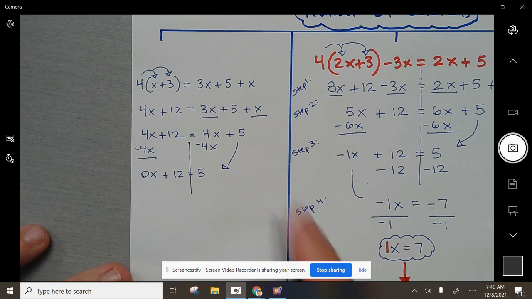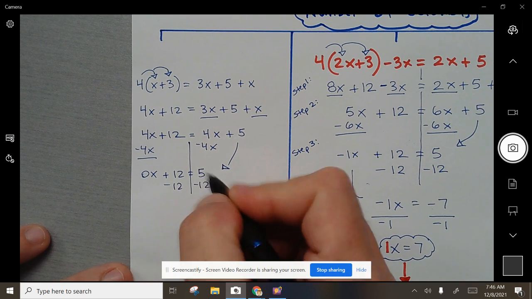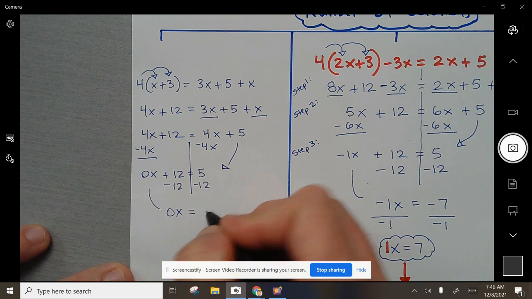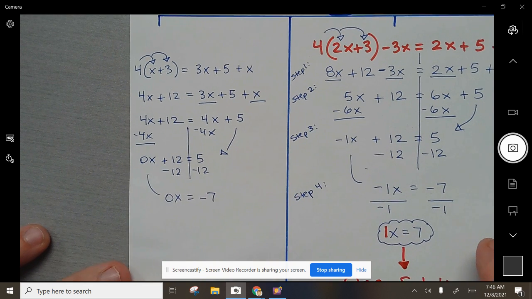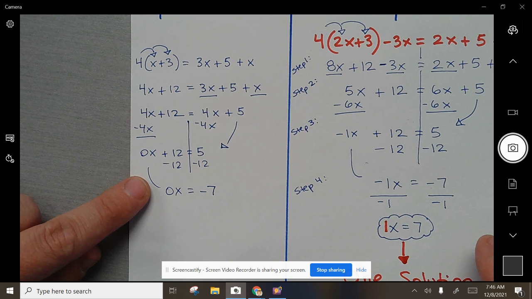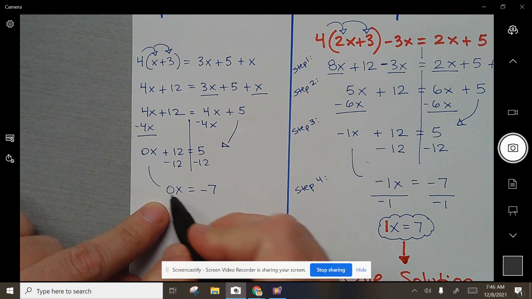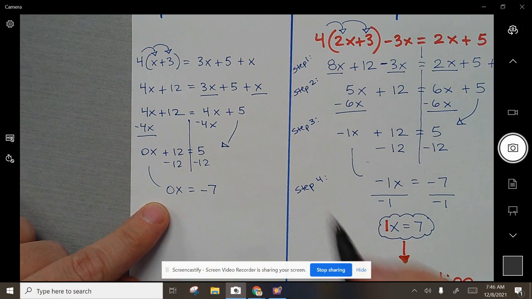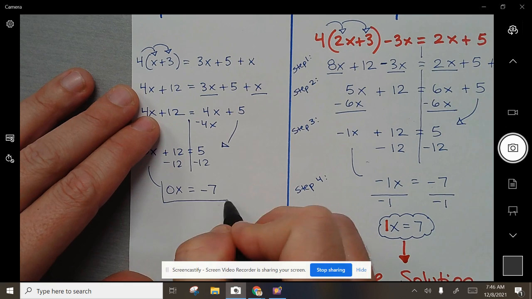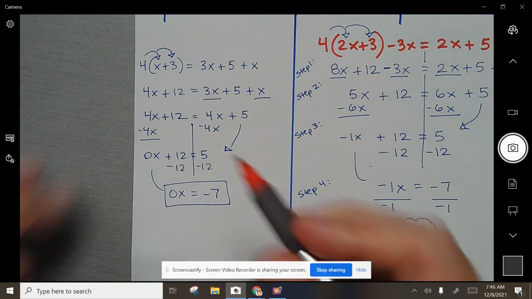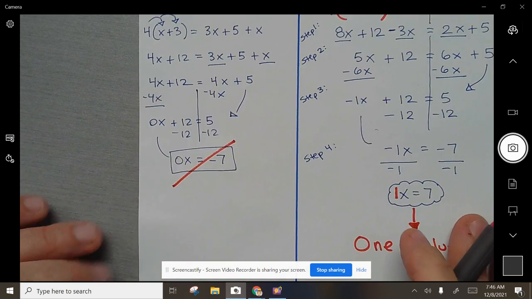Equals 5, then subtract 12. 0x equals negative 7. When you have this, there's nothing you can multiply by 0 that's going to equal negative 7. There's nothing at all. So when I see this as an answer, I want to take this and put a cross through it because this is called